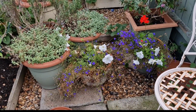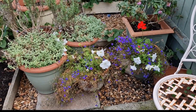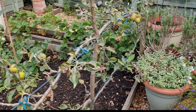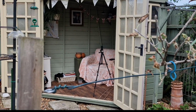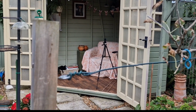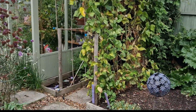Move all these containers. They can go to the other end of the garden for the time being, so then all this space is completely free for my son to be able to work. And then I will have to pack up everything that's in the summer house ready for dismantling and moving. But for today, my main focus is going to be removing the beans,